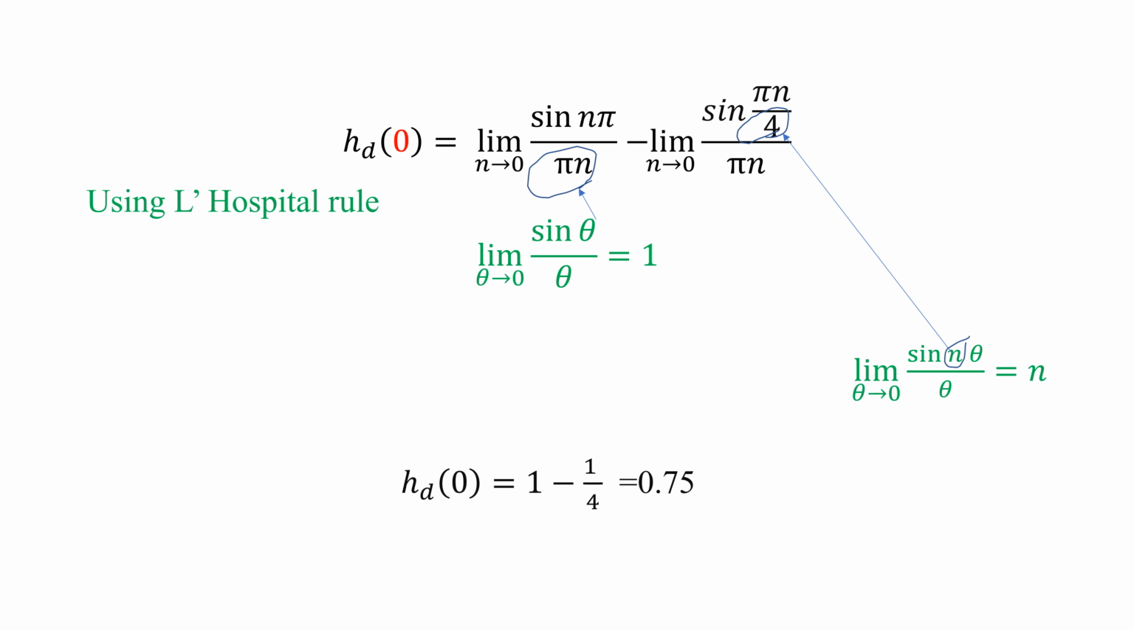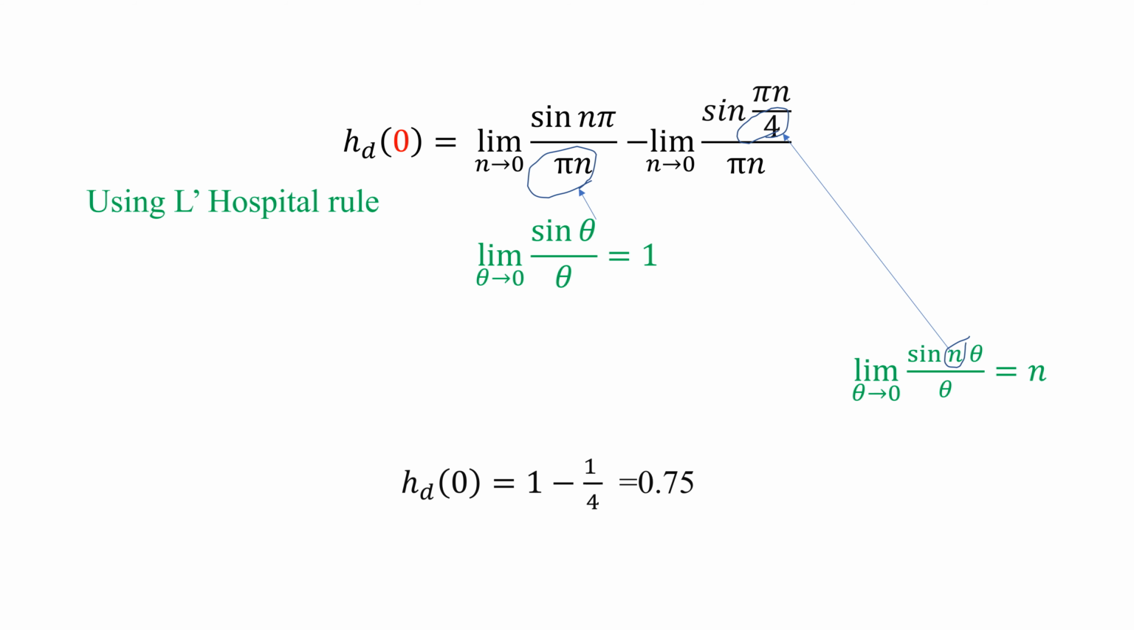In our Hd of 0, let's say the first term is limit n tends to 0, sin n pi by n pi. Here this n pi, we can take it as theta. So for the first term, the answer. For the second term,